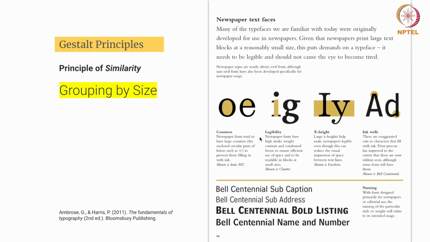Because there are grids associated with it, you can easily distinguish the different segments. Overall, how many columns are there? One, two, three, four columns. When you consider all these four columns, because of the size there is a consistency. So your brain will automatically understand that these are together, and these are talking about a specific definition of typography. Although these are divided in columns, they are not fully divided, so it has a sense of modular grid.